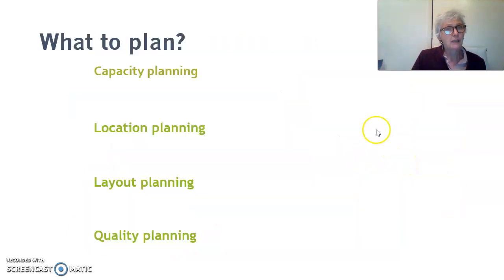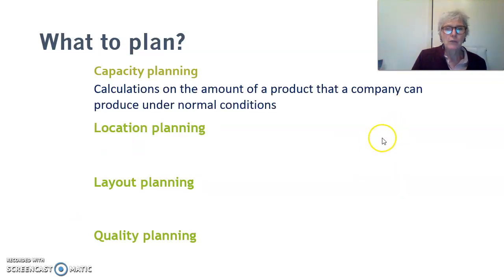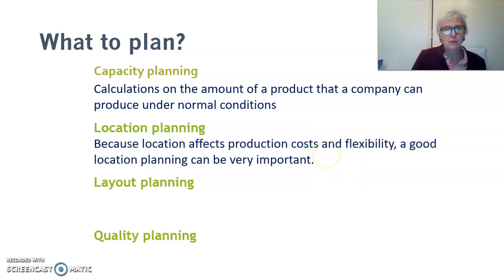Now, what to plan? Again, capacity. The capacity usually is planned under normal conditions. So how much products are we going to usually produce within normal situations? But sometimes situations differ. Seasonal changes could happen. So we have to take into our capacity planning also that part which we call reserve capacity planning.